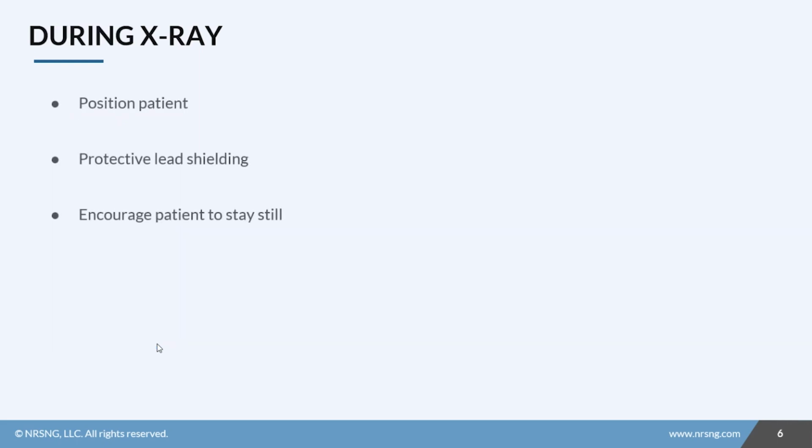So you're going to assist with positioning the patient according to the body part being viewed. A protective lead shield will be placed over sensitive areas of the body that aren't going to be viewed. That way we avoid any unnecessary radiation. Encourage the patient to stay still during the test. This is going to help give a very clear picture, and that way we don't need to redo